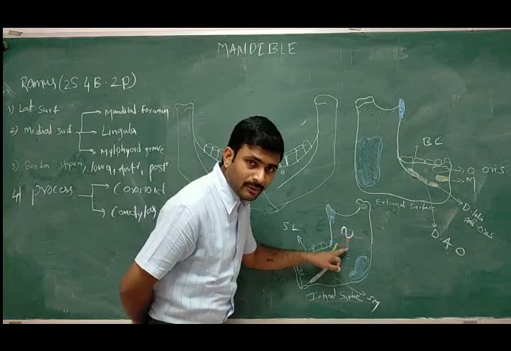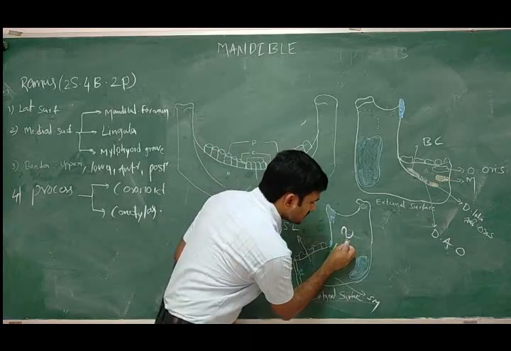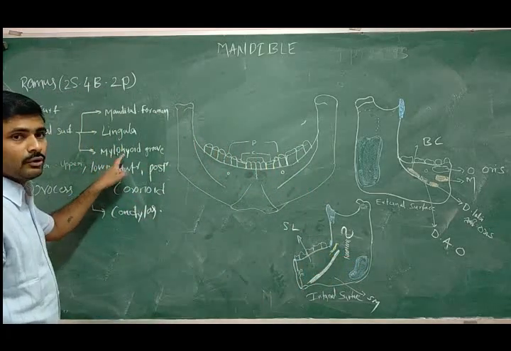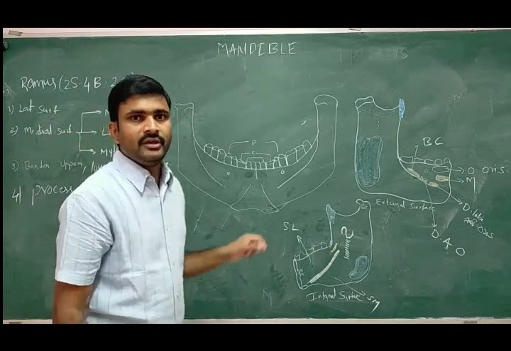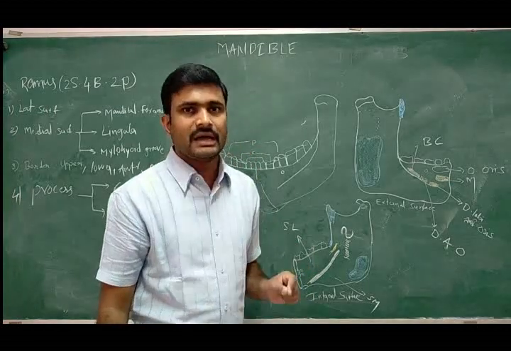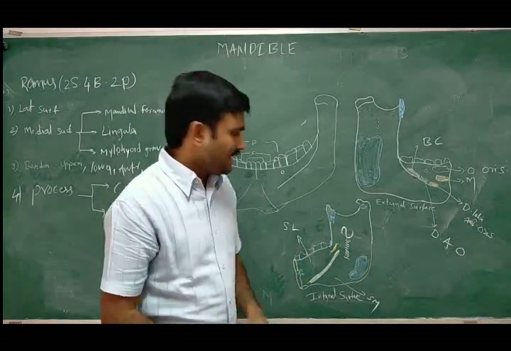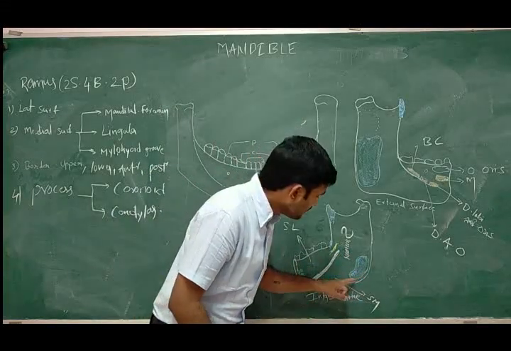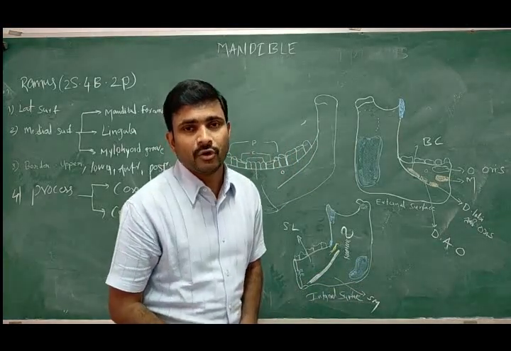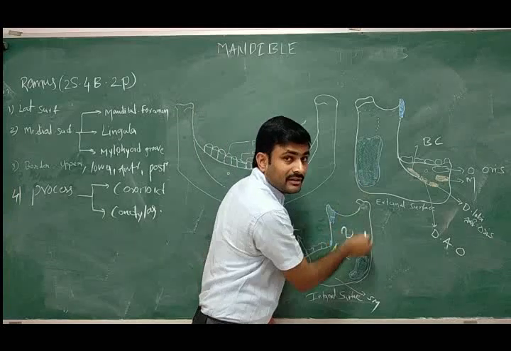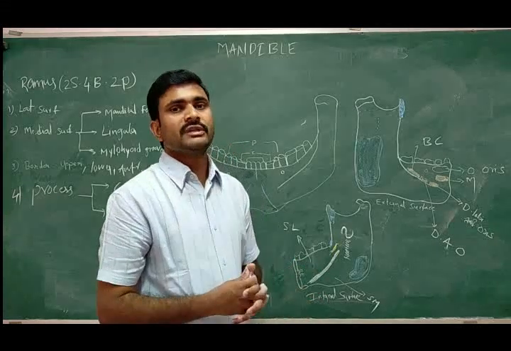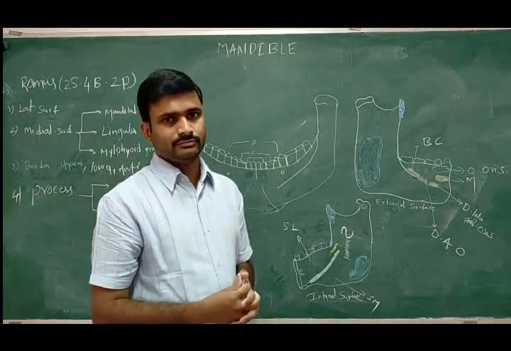And below that part, below the mandibular foramen, there is a groove. See, this is the groove. The groove is called the mylohyoid groove. In this mylohyoid groove, the mylohyoid nerve and vessels pass. And on the rest of the medial surface in the lower part, one muscle gets attached. That muscle is called the medial pterygoid. Here is the masseter. Here is the medial pterygoid. This is about the medial surface of the ramus of the mandible.